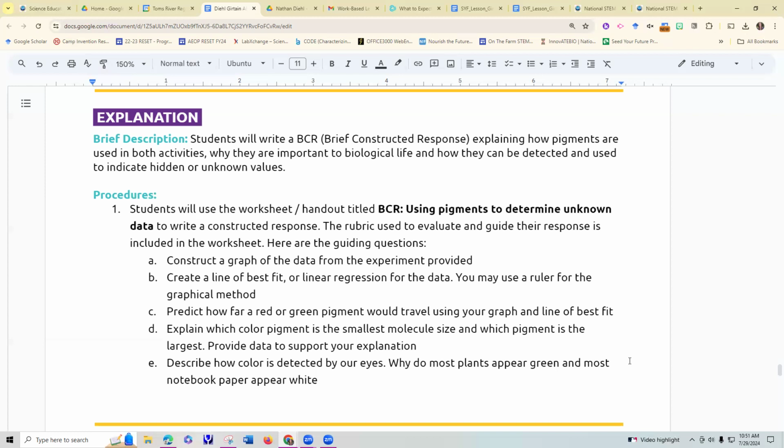They're going to quantify their values, and they have a color table. So they have the wavelengths of color where they can predict where red and green would be on that line of best fit. And then they would also get to explain a little bit about the process of separating colors and that there might be another way to separate colors that's not through chromatography. So it gives them a way to explain what they know so far, as a formative assessment until they get to another lab and then the final